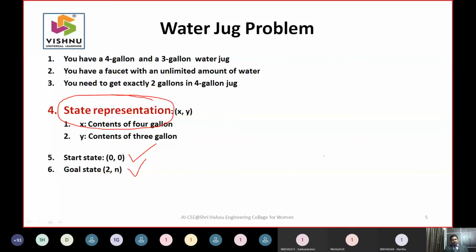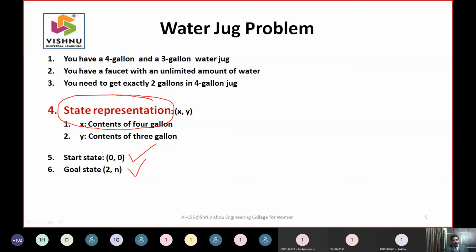So you take some values x. If I say x represents the 4 gallon jug, x can have values of 0, 1, 2, 3, 4. If I say y represents the 3 gallon jug, y can have the values of 0, 1, 2, 3. And the constraint is that neither of the jugs has any marks, so I cannot measure whether it is 1 gallon or 2 gallons inside the jugs. And we have a tap to fill water, so you can fill any amount of water into the jug, or you can pour the water out of the jug. So this is what we discussed yesterday.